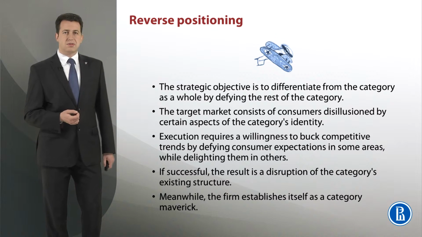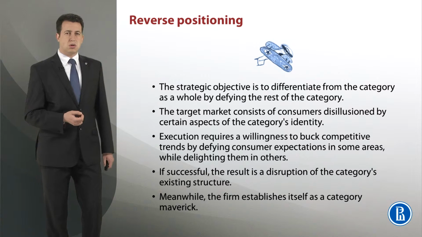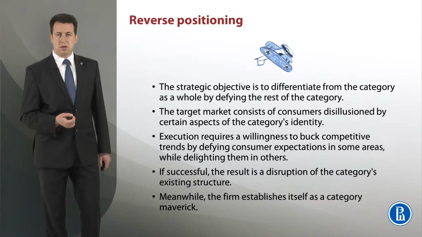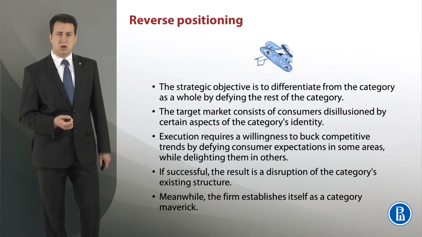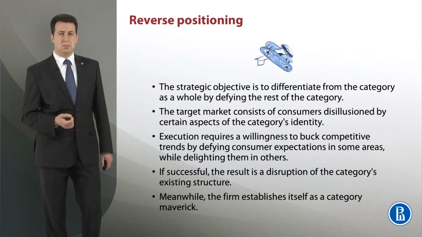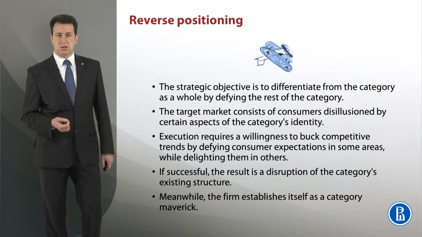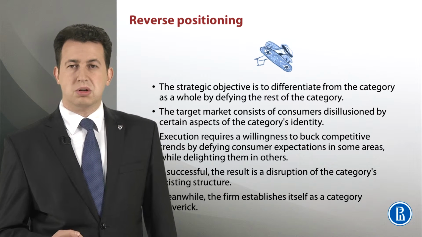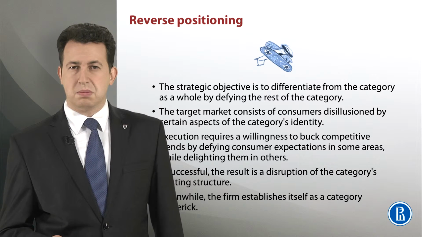The target market consists of consumers disillusioned by certain aspects of the category's identity. Execution requires a willingness to buck competitive trends by defying consumers' expectations in some areas while delighting them in others. If successful, the result is a disruption of the category's existing structure. Meanwhile, the firm establishes itself as a category maverick. The reverse positioning wipes out many expected product characteristics while adding to the augmented product. For example, JetBlue Airlines cut on-board meals, business class seats, reduced luggage admissions, but offered leather seats and personal entertainment